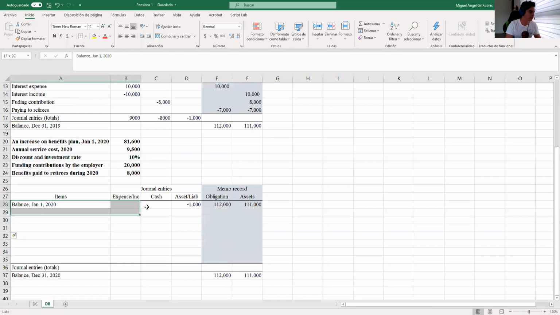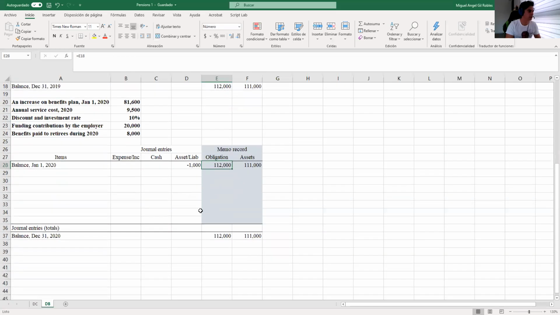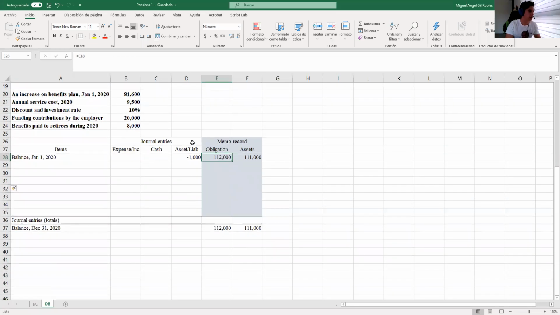So I think this is going to be something similar to what you did in the activity, because you also had a balance that is different between the obligation and assets. I think it's similar to what you had in the activity. So we are going to solve this new complication. And the complication itself is that